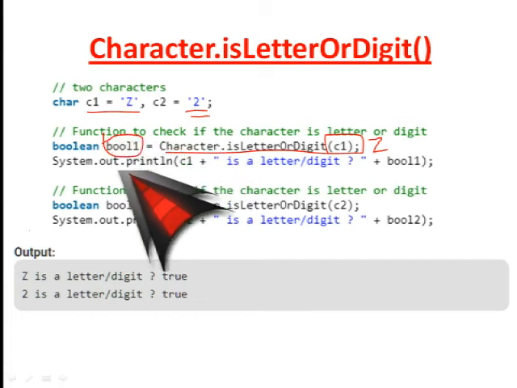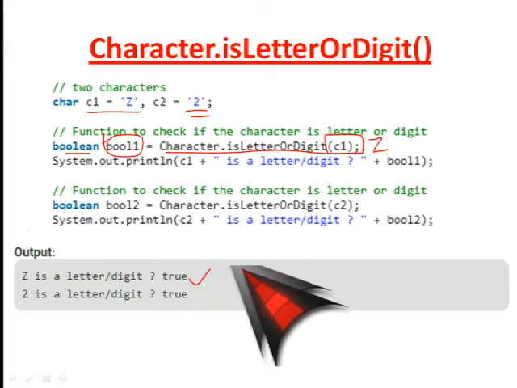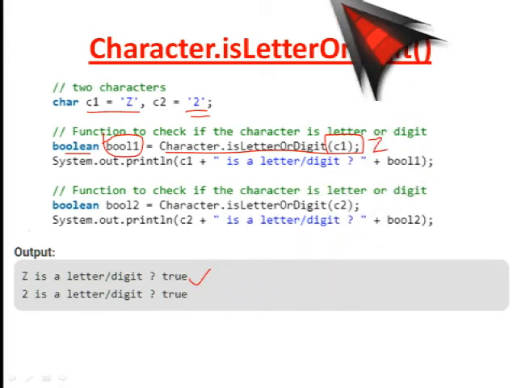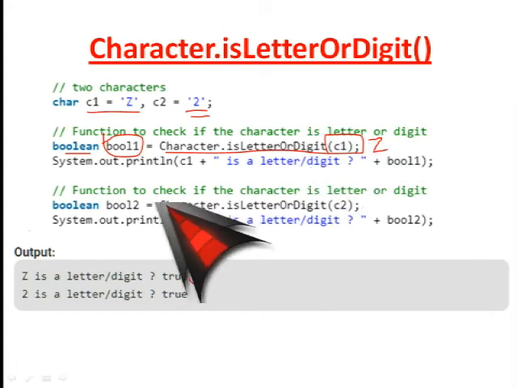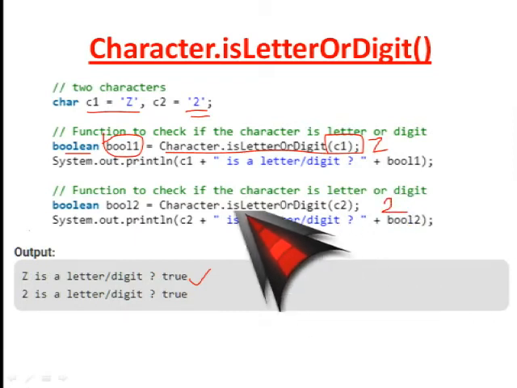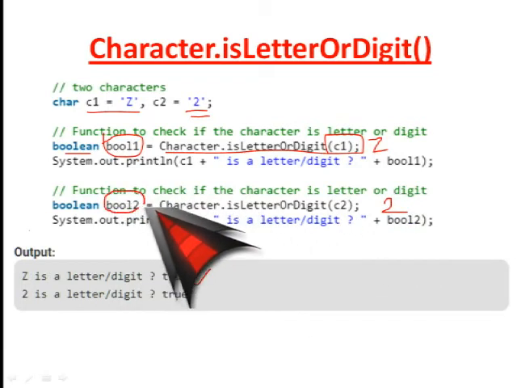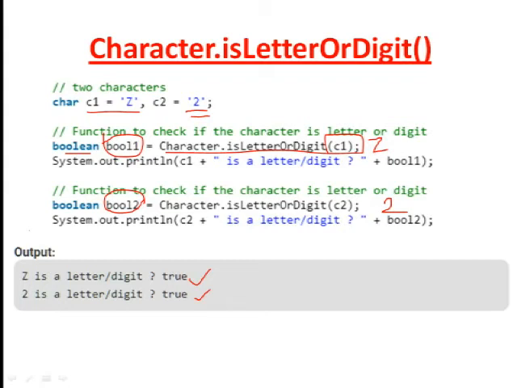For Z it returns true, because it is either a letter or a digit, so it satisfies the form of a letter. Similarly, C2 is a digit, so storing the result in a Boolean variable and printing it also gives true. But for a space, a star sign, an exclamation sign, or any punctuation mark, it will give you false.